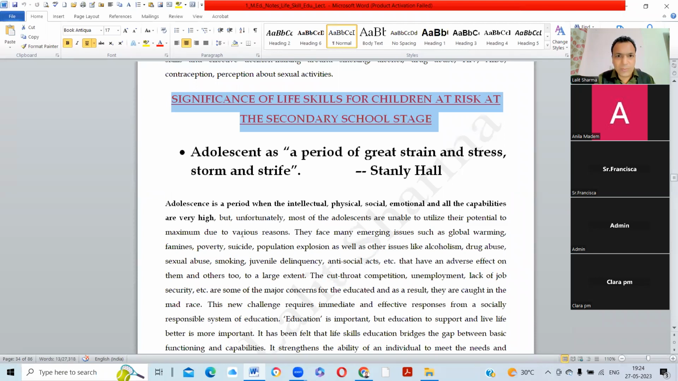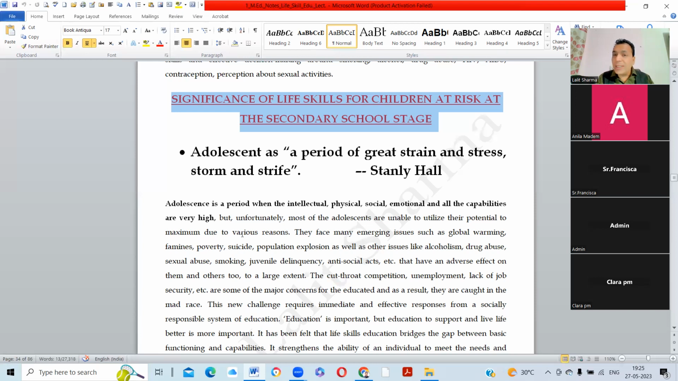Okay, I want to ask you, who are the children who are at risk? Adolescents, right? Because the adolescent age is a type of age where a lot of ups and downs are going on inside the adolescents. Even Stanley Hall has said that adolescence is a period of great strain and stress, storm and strife. They are the children at risk. Because when you